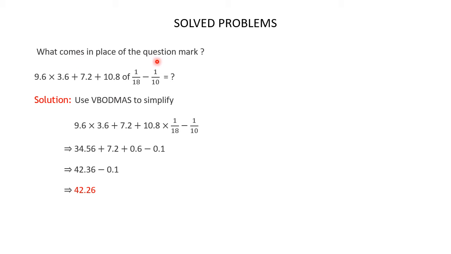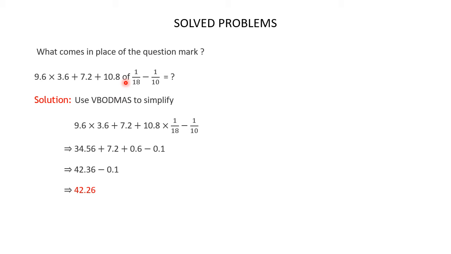What comes in place of the question mark in this expression? 9.6 multiplied by 3.6 plus 7.2 plus 10.8 of 1 by 18 minus 1 by 10 is how much? You have to solve this expression to find the value of the question mark. Now to solve the expression you have to use BODMAS to simplify. The order of operations has to follow the rule of BODMAS. So first